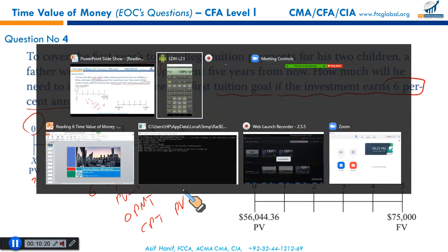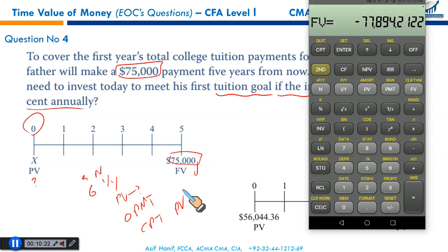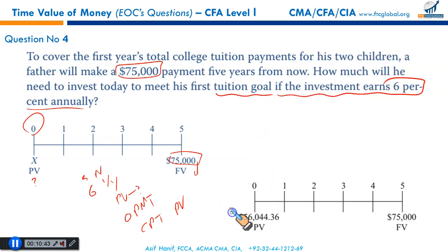Let's do it. N is 5. Interest rate is 6. Present value is to be calculated. 0 payment. Future value that we want is $75,000. And simply compute present value, that is 56,044. That perfectly matches with the result given. This is what would be the inflow right now, 56,044. Next,